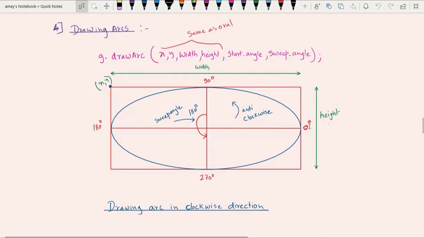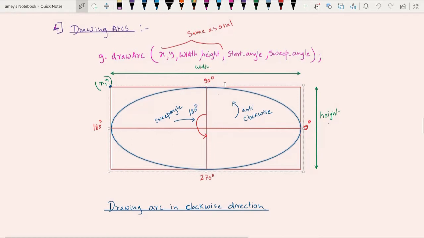So this is 0 degree, this is 90 degree, this is 180 degree, this is 270 degree. So whenever we draw an arc, apart from these things, we specify what is the start angle for the arc. Suppose I specify start angle as 0. That means I want to draw an arc starting from this particular angle position. And from here, what should be the sweep angle? Sweep angle means from here, till which particular point you want the arc to be selected.